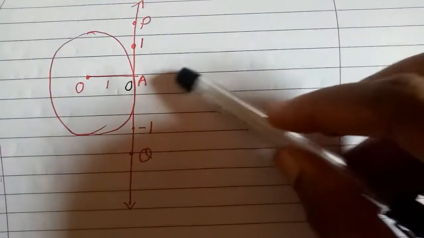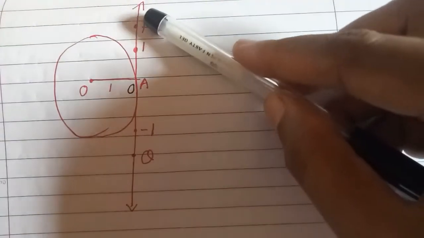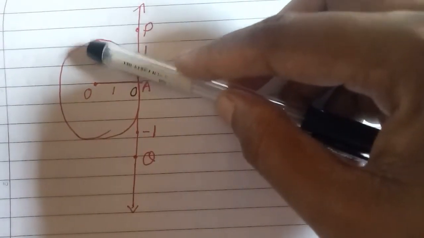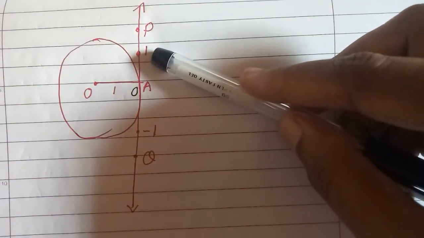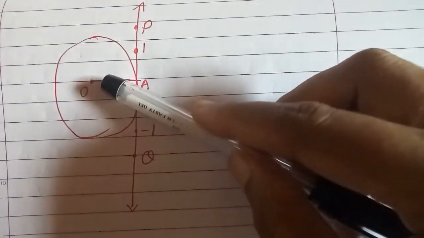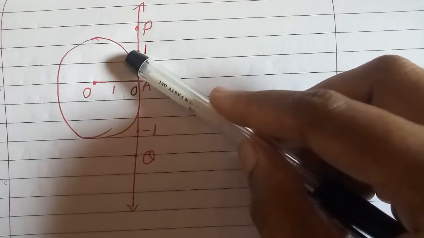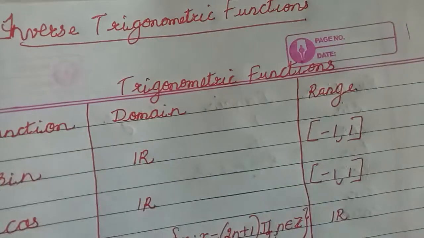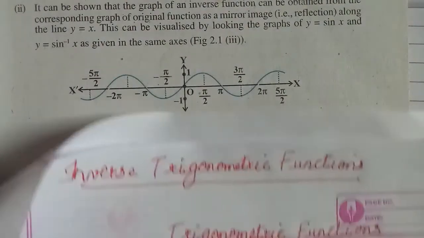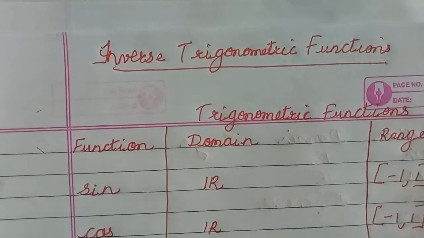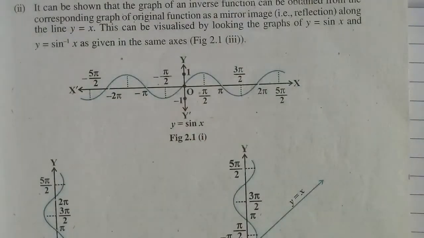I can move the line segment AP in the anti-clockwise direction and make this line reach the circle so that it will be of measure 1. So it will make an angle of 1 radian, or it will be simply our real number 1. So that's why I told you just now that real numbers and radians are the same. So we know that the domain of the sine function is defined to be R. You can see here the domain of the sine function is R and the range is the closed interval -1 to 1.